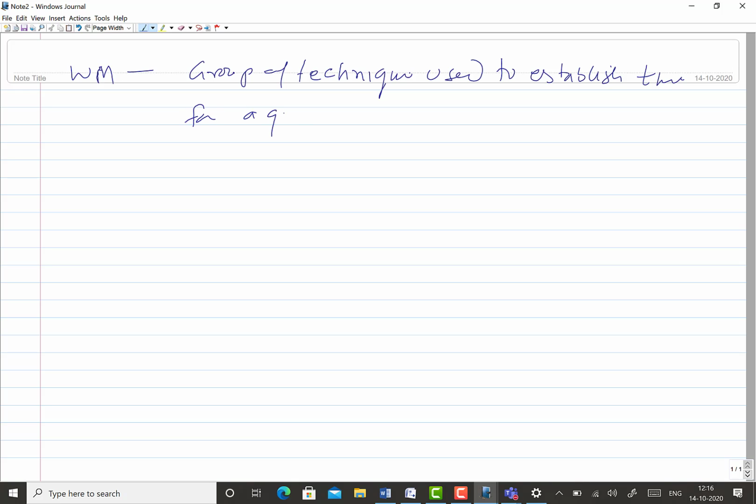So how do we define work measurement? Work measurement is a common word for a group of techniques which are applied or used to establish the time for a qualified worker to do a job at a defined